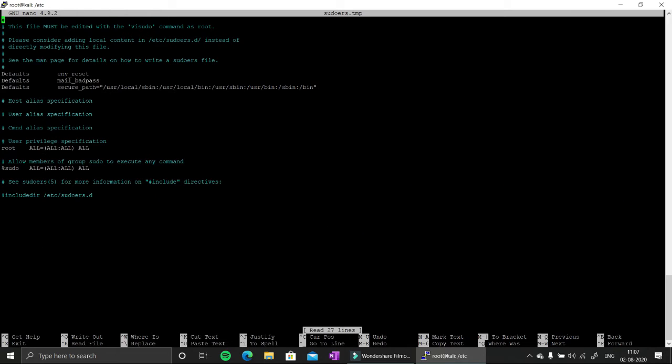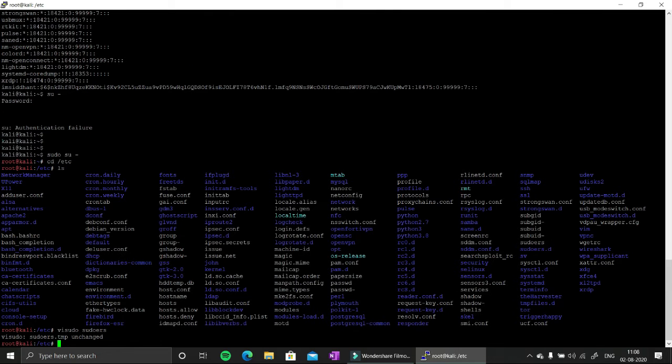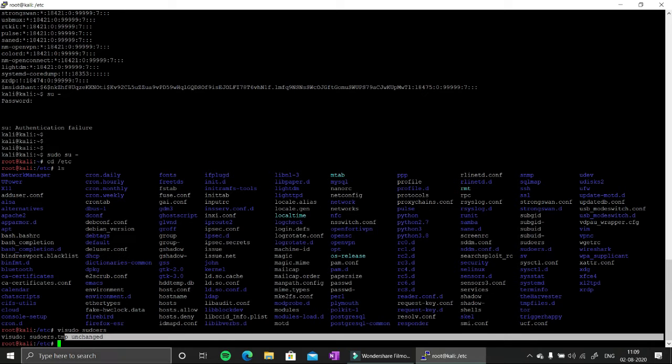sudoers. Here you can see my user privilege. The root user has all the permissions, works from all the workstations which are available, and has permission to execute all the commands. I can define the permissions for the user Siddhant which I have created. That is my custom user and I can define permissions here. But when messing with the sudoers file, you need to be very conscious and very careful. So I will just quit it, Control X, and here you can see sudoers.tmp unchanged.